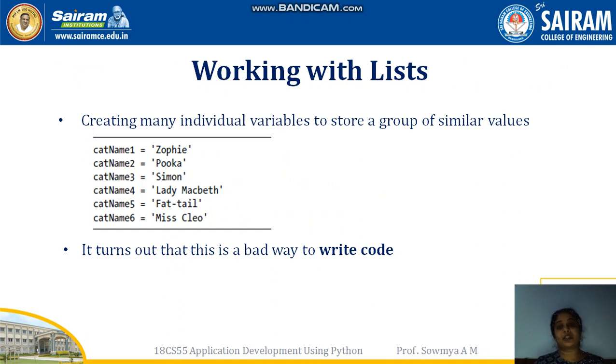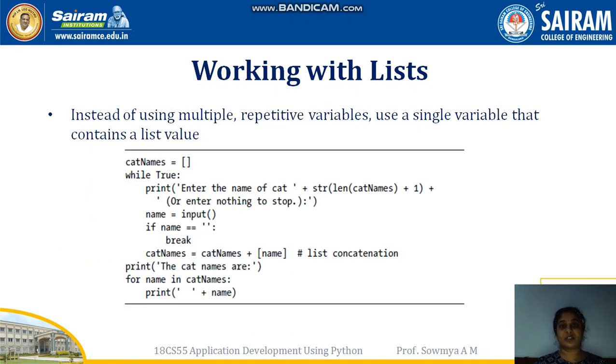Next one is working with lists. There is an example program which has multiple list values in it, and if you write the program normally, then you have to start creating multiple variable names and keep assigning values to them, and the program will be very long. So to get out of this, we have a list, and we'll see how to assign multiple values to the list, fetch them and use them in the program.